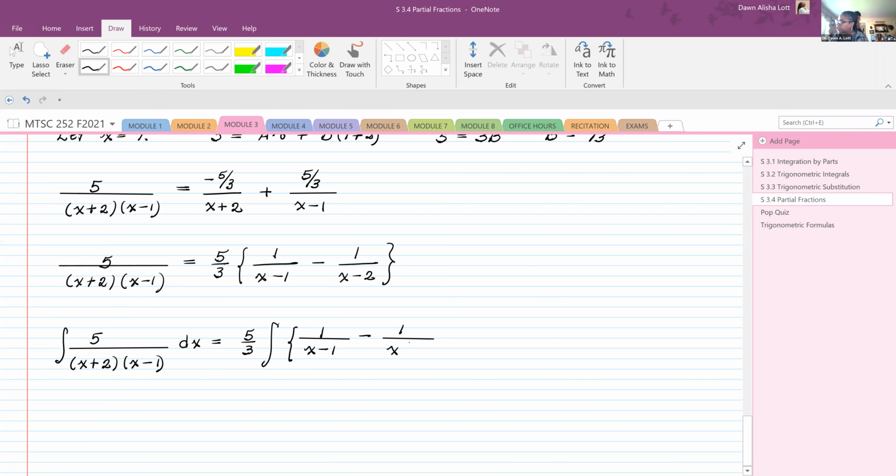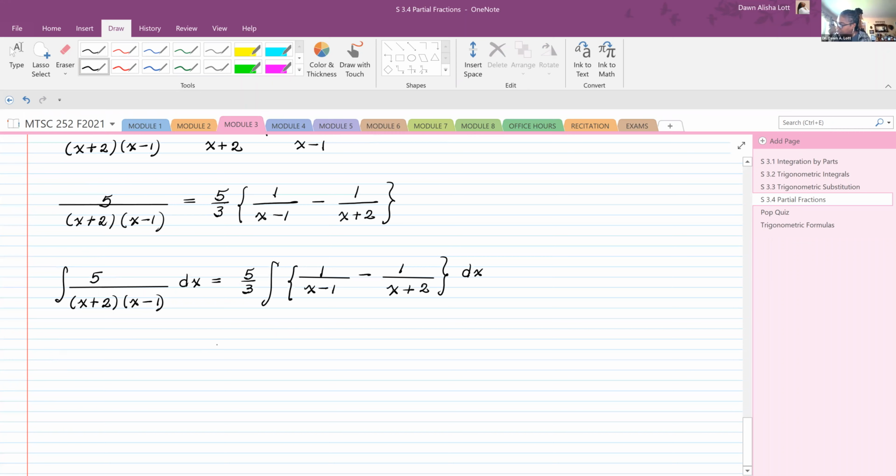Uh-oh, I think I switched up. This should be a plus 2. x plus 2 dx. Now this is why we learned all those logs, because this is 5/3 times the log of the absolute value of x minus 1 minus the log of the absolute value of x plus 2